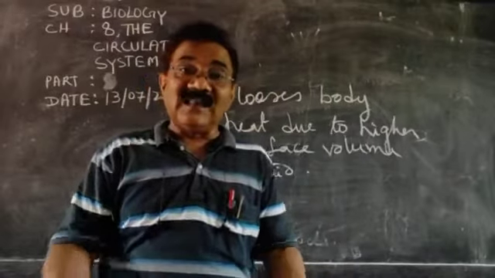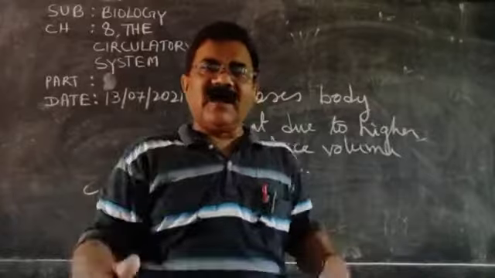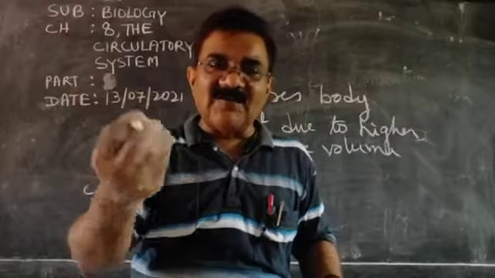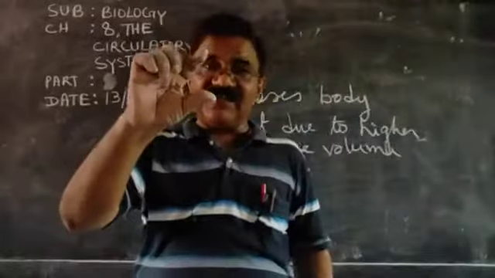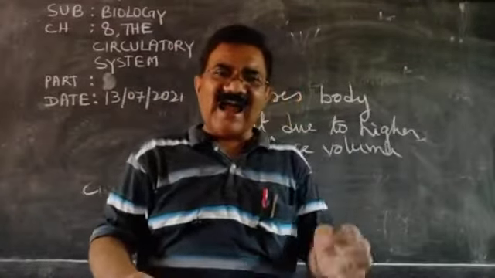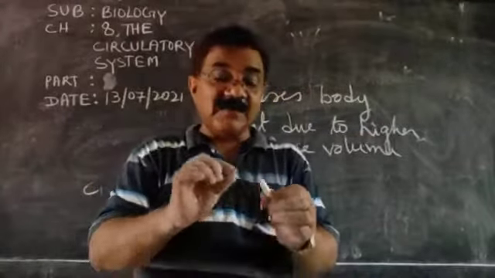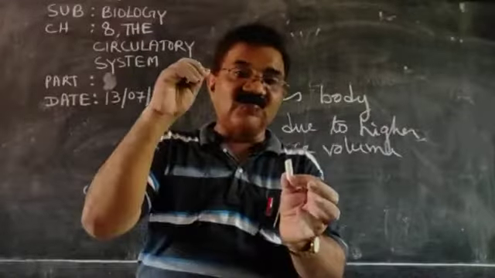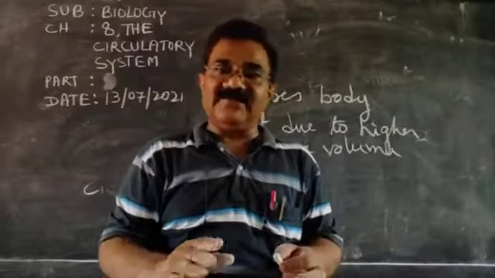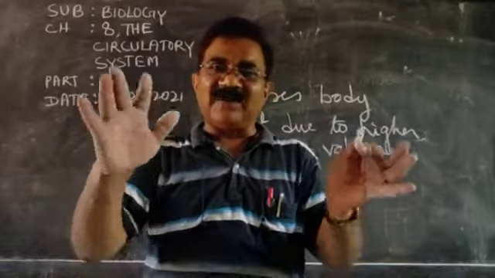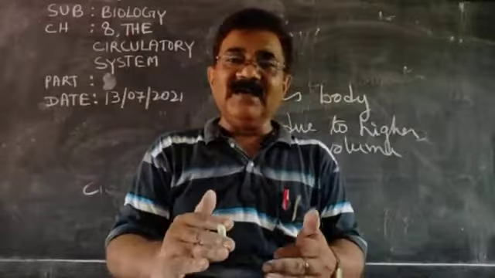Okay, so the larger the body, the less of the body is in contact with the environment, so slower will be the heartbeat. As I have explained, if you put a larger piece of zinc in hydrochloric acid and a smaller piece of zinc, the reaction will be faster in the smaller pieces, because from all sides almost all points of the zinc will be reached by the hydrochloric acid. Very clear. And for the larger piece, what will happen? Only the outer surface will come in contact. So the larger the body, the slower will be the heartbeat.